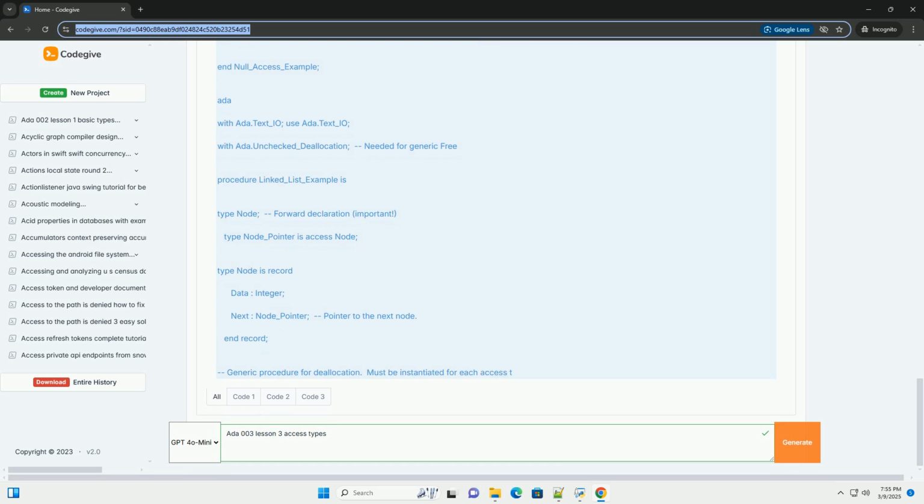2. ptr := my_integer'access; this is where the magic happens. my_integer'access creates an access value that points to the memory location of my_integer. ptr now contains the address of my_integer. 3. Changing my_integer will change the value that ptr.all accesses, because ptr points to the same memory location. Important notes: